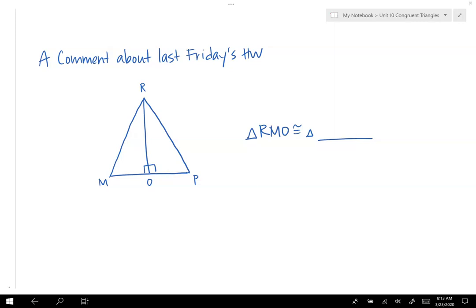So there were some mixed answers here for the last line on this question from the homework last Friday. I know you were given that you have these right angles here, angle ROM and angle ROP. And then you were given that these two sides were congruent. And many of you said RO is congruent to RO by reflexive property, which is awesome. And so when you filled this out, the last line, triangle RMO is congruent to RPO. That seemed to be no problem to make those triangles match, but the